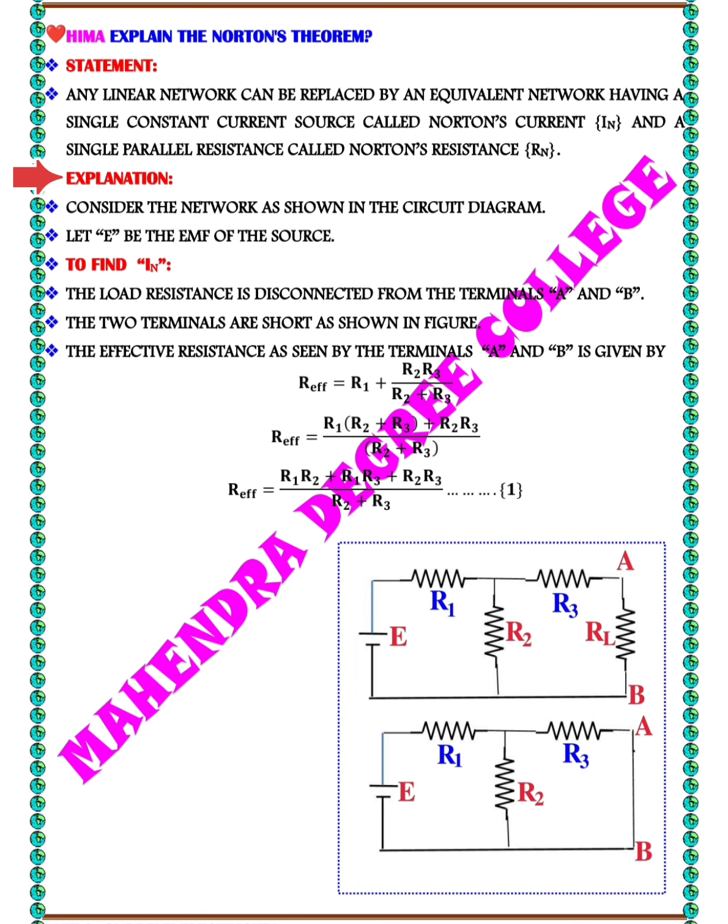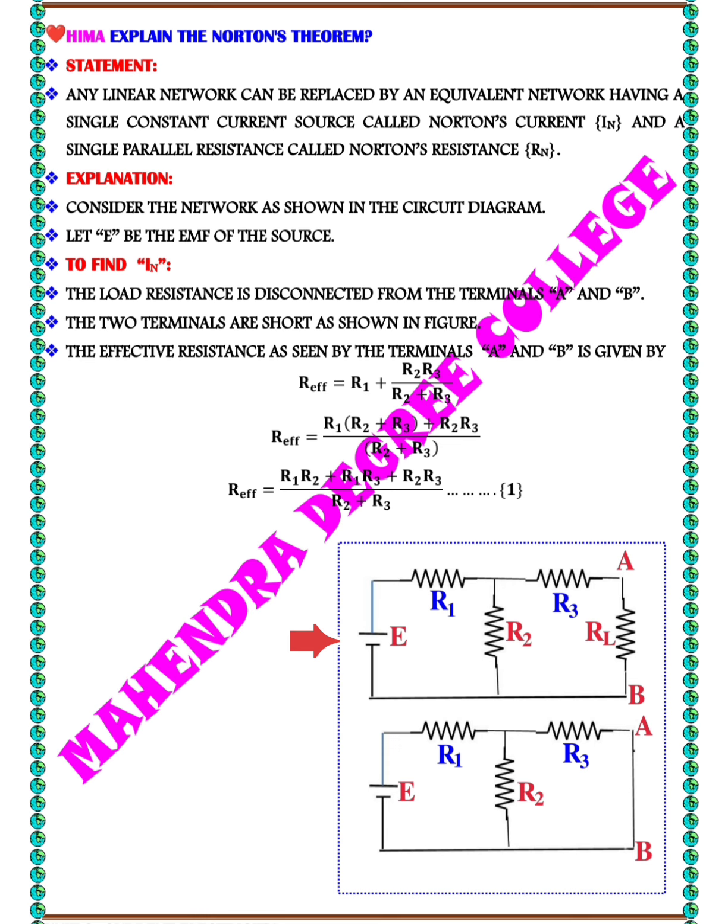Next, we discuss the explanation of Norton's theorem. Consider the network as shown in the circuit diagram. The first image shows the electrical circuit diagram, which depicts a combination of series and parallel resistors connected to a voltage source E,